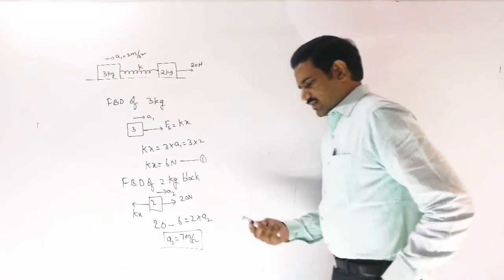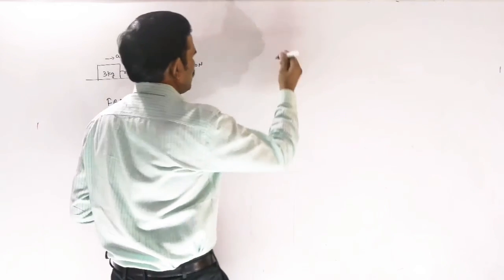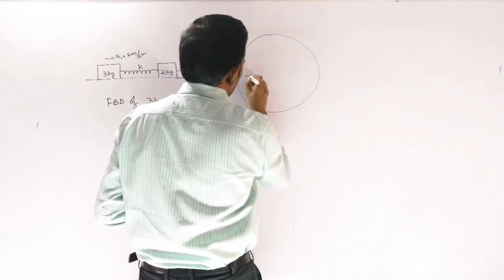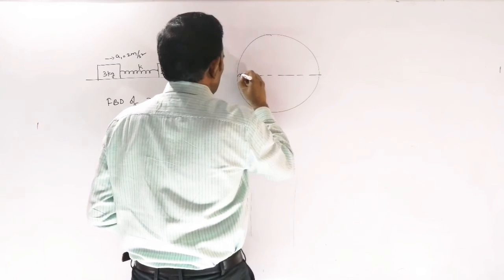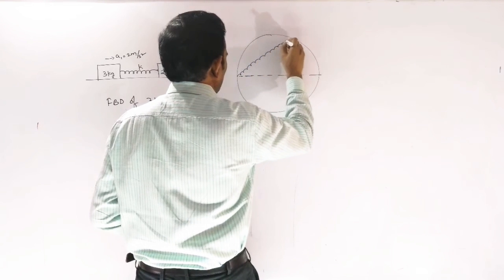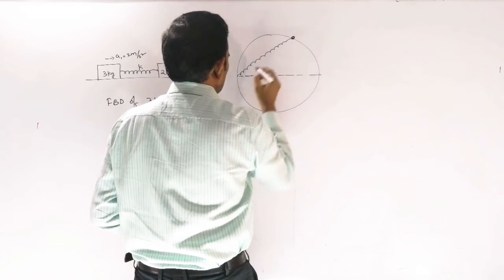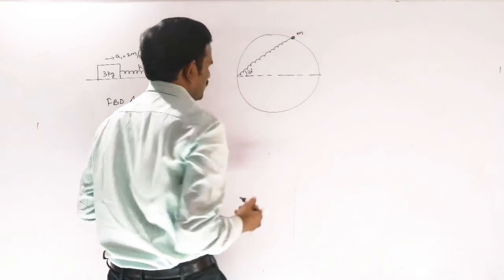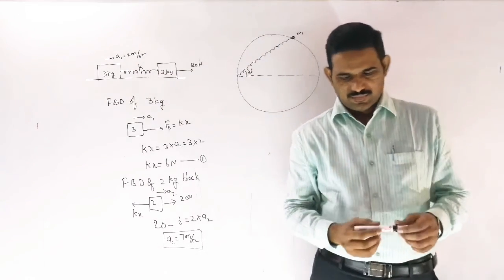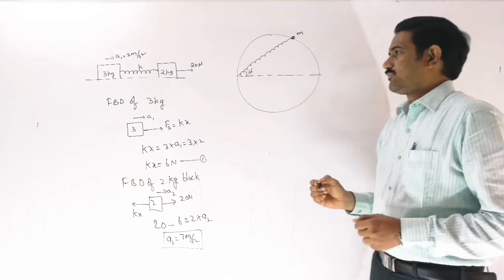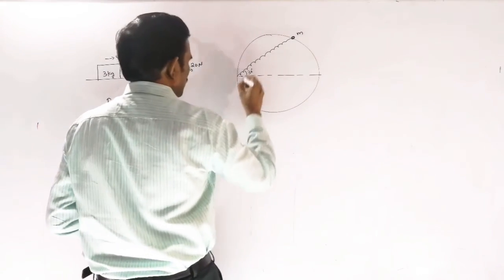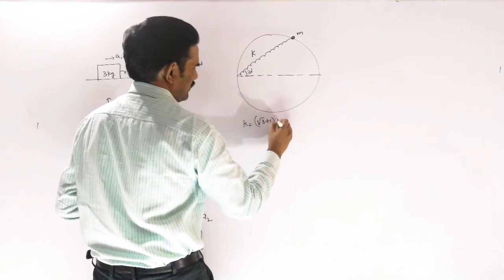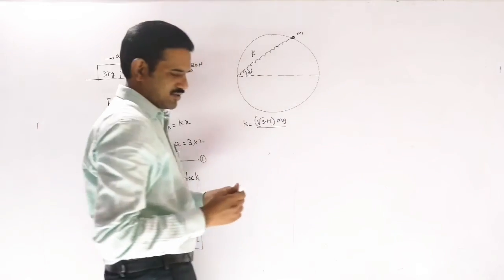And next let us take another problem here. Suppose I am taking a circular ring. Now I am taking one spring placed like this, and some ring is attached here. This angle is 30 and its mass is m, let us consider that, right? And this spring constant value is, say, k, where I am taking that k value as (root 3 plus 1) into mg by r, where r is the radius.